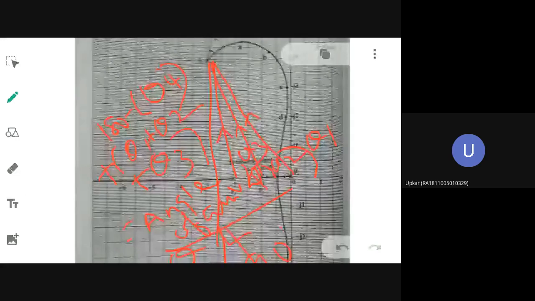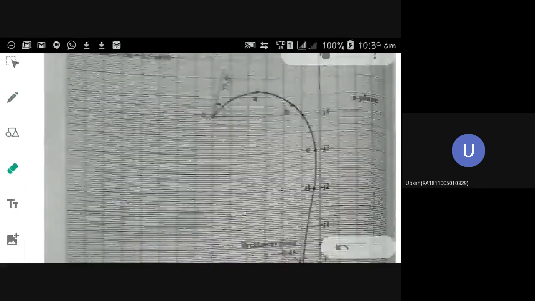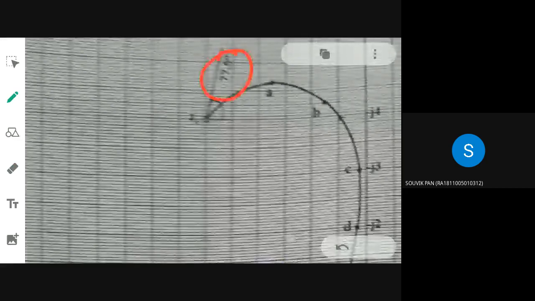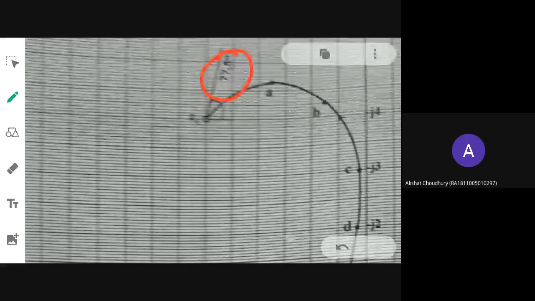Angle of arrival here, you can see for yourself, that angle is how much? Let it zoom in. That angle will be how much? Approximately what value? 77.5. If you calculate that by using that formula, you will get that 77. You have to mark that angle. Here you have to take the reference. From the reference you have to mark 77 because the angle is positive. To that only this root locus branch will terminate.